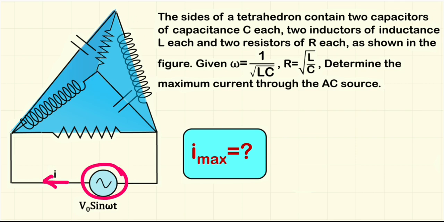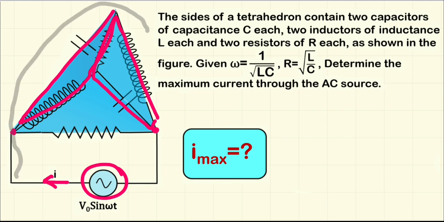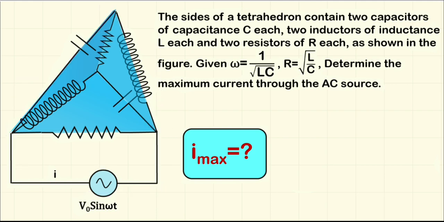So there is some sort of symmetry, but that symmetry actually vanishes as soon as you put a source between these 2 points, right? Because this triangle will have a different circuit than this triangle or this triangle. Of course, there is still symmetry left between these two triangles, right? They are still identical. But the solution I'm proposing to you does not depend upon the symmetry. It involves a method that can be useful in cases where there are closed loops forming in the circuit, right?